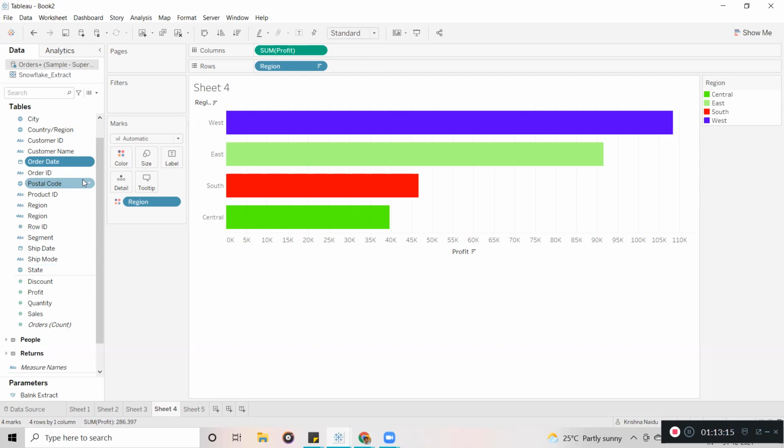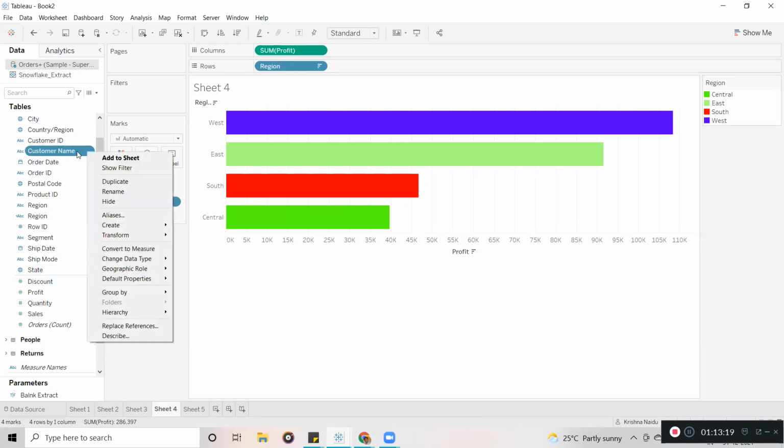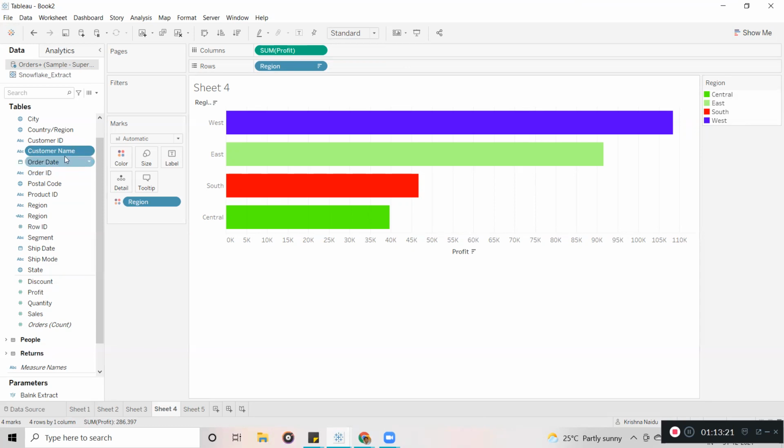To rename the field, for example, instead of customer name, let's take this example. You are showing the top 10 customers, and you give a title as customer name. But customer name is not understood by all the business users.